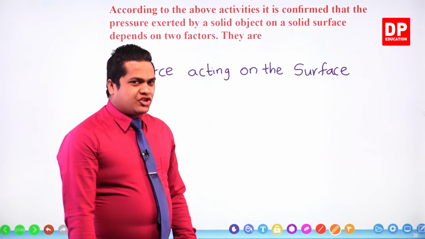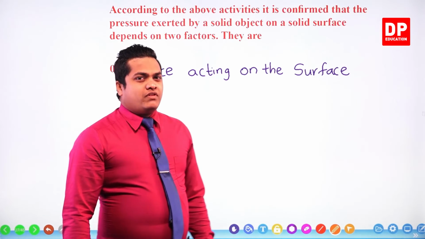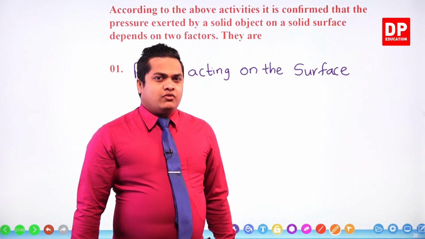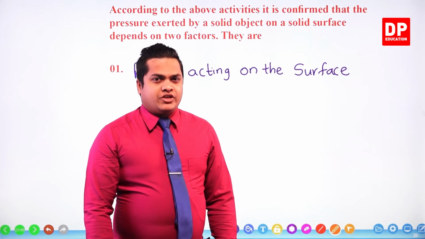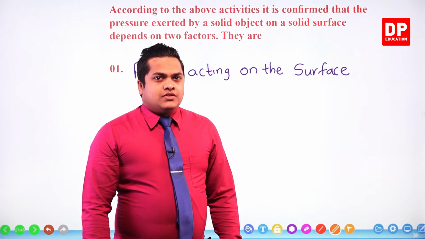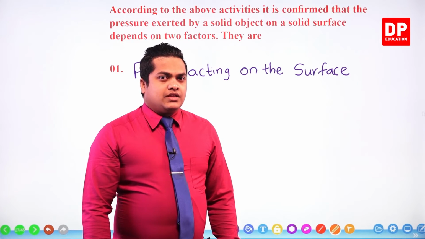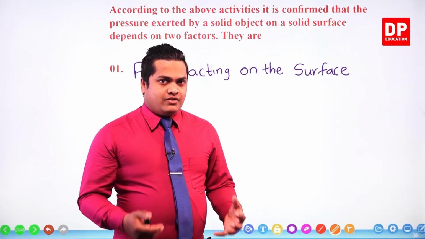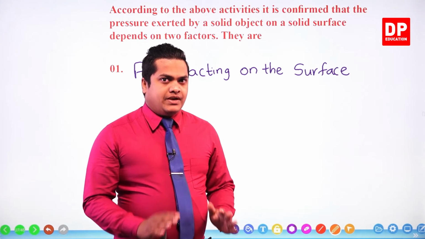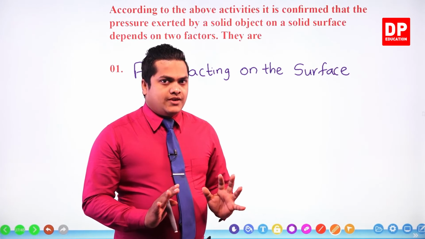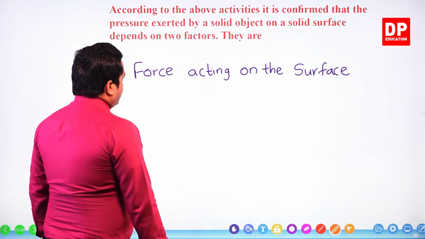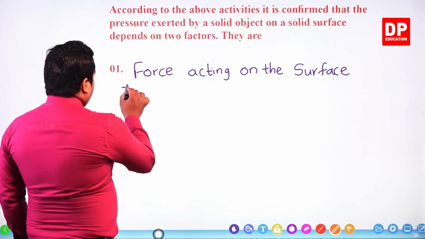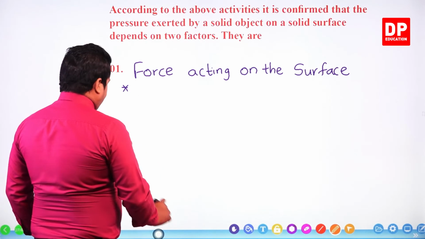Actually, this force should be perpendicular force. I'll mention perpendicular, but within our O-level syllabus, you will be receiving only perpendicular forces to find out the pressure, right? So don't worry about the perpendicular thing that much, because in our O-level syllabus, you'll be given questions under perpendicular forces only. Okay, right. So the first factor is force acting on the surface. We can write like this,